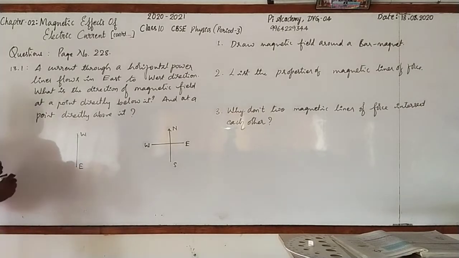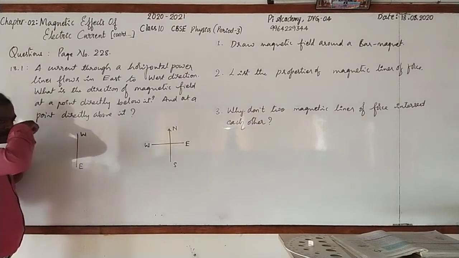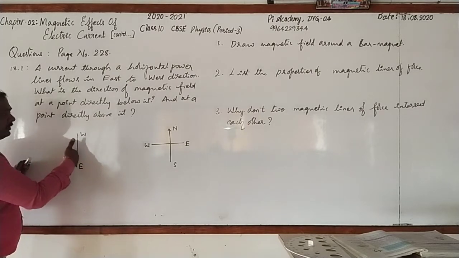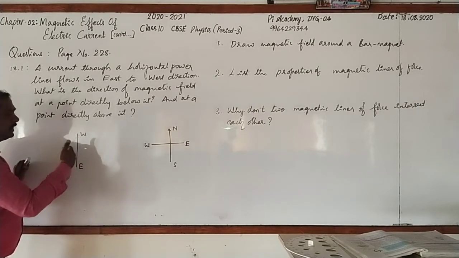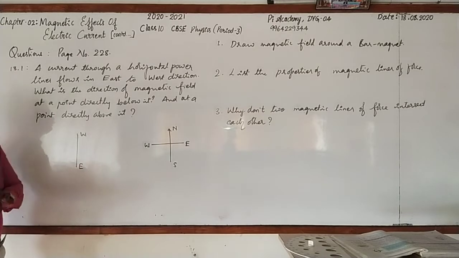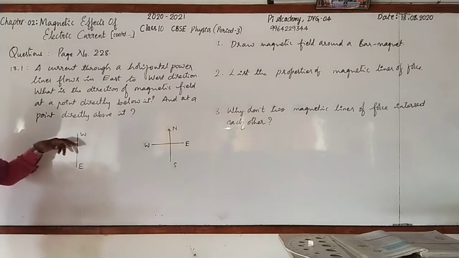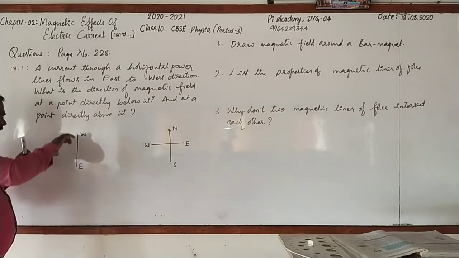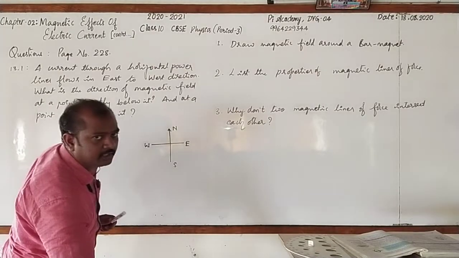Here we can come to know that by applying Maxwell's right hand thumb rule. Look here. When you view from east, current is flowing from east to west. When you view from there, you can come to know that the direction of field lines will be anti-clockwise. But when you view from the west side, it will be in the clockwise direction. Observe it, because it will be in the downward direction. Clear? So now I go for writing the answer for that.